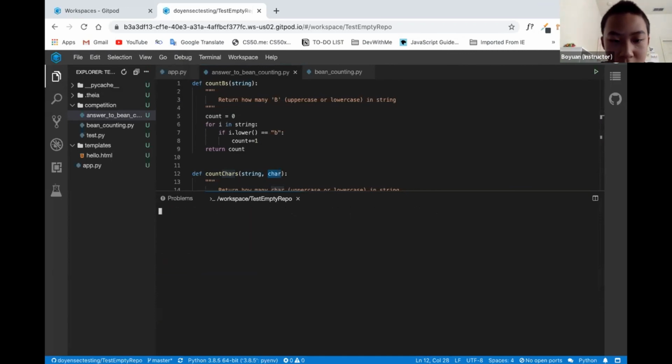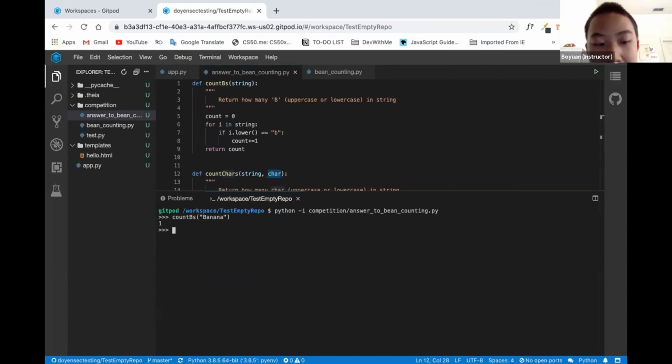One second. Okay, so for example, count B's. I have a string called banana, and you're going to return 1 because B only exists one time in banana. But if I want to say count chars,